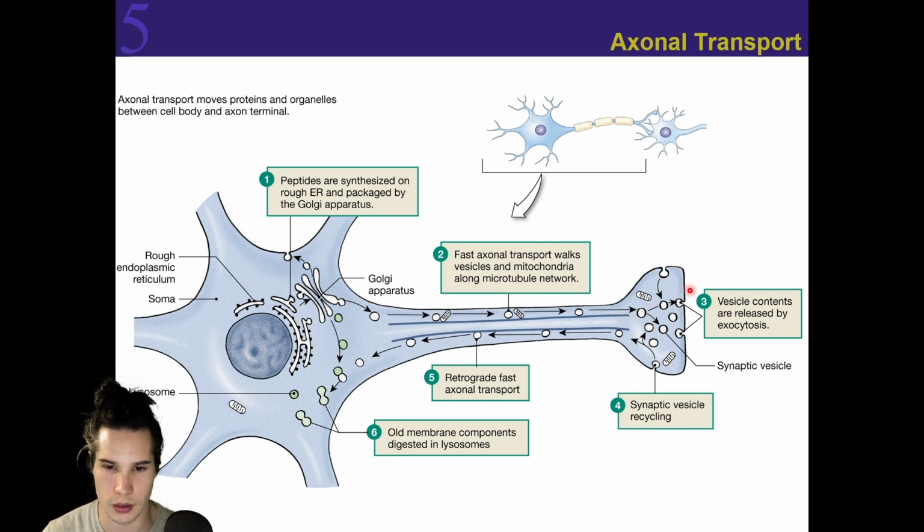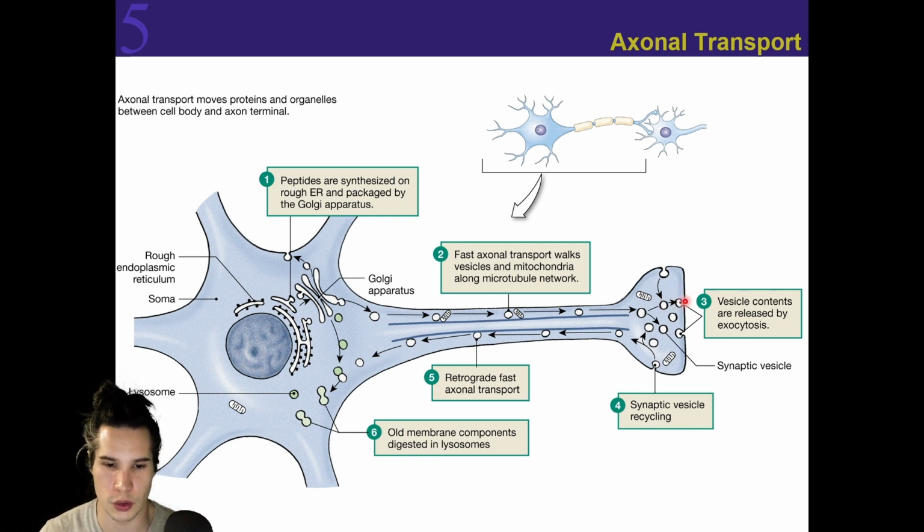which is going to walk the vesicles down those microtubules to the axon terminal. So it's not only vesicles that are going to be moving. Sometimes it's going to be organelles or things like mitochondria that will move down the axon. And then once you get to the very end, if you're a neuron, you might store those vesicles containing neurotransmitter, for example. And if the cell receives signal to release those neurotransmitters off to a neighboring cell or a neighboring neuron, for example,